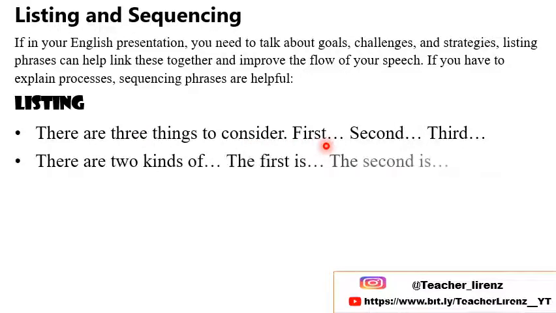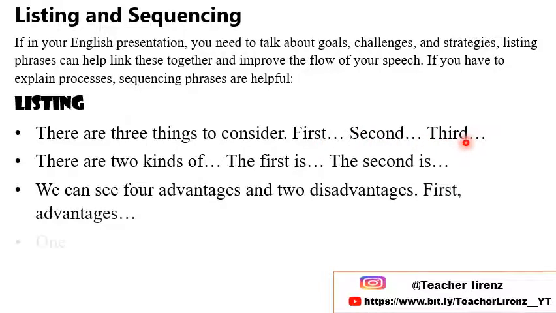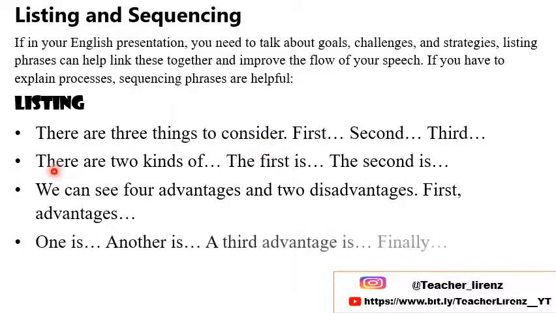First, second, third. There are two kinds of. The first is. The second is. We can see 4 advantages and 2 disadvantages. First advantages. One is. Another is. The third advantage is. Finally,